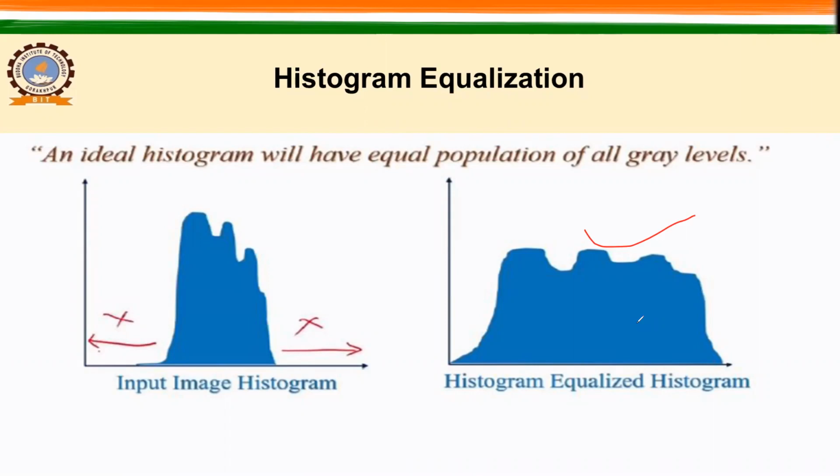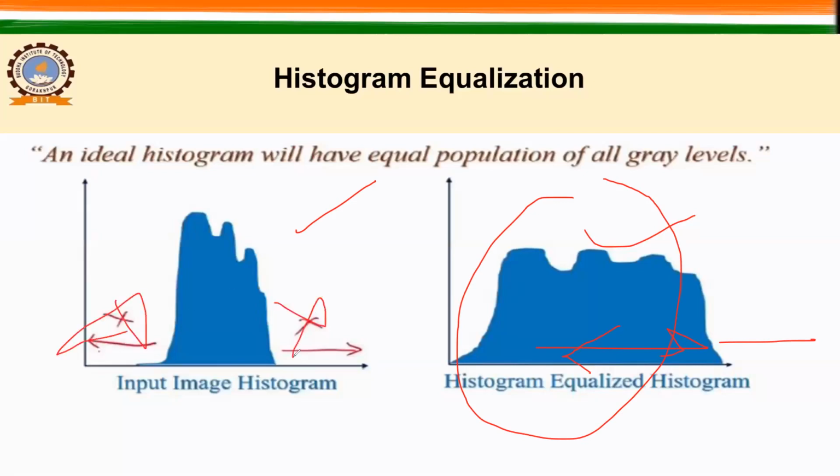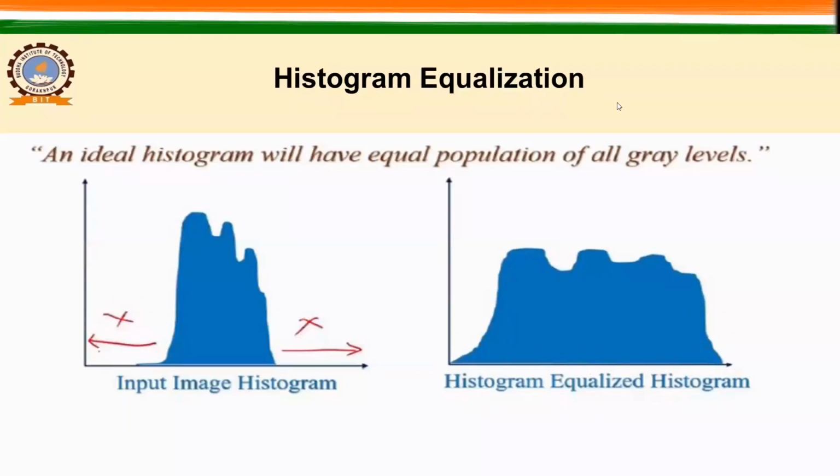So this is the input histogram, this is the histogram equalization, and this is the output histogram. So this is your input and this one is your output. So what happens? In the output, this range has been used, right? Which was not used here, right? And this was not used in this case, right? So I hope this is making sense to you. For this I will present one more slide.